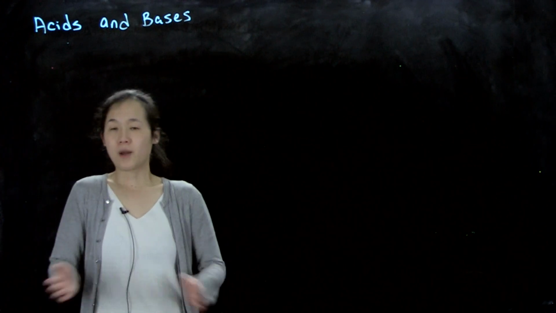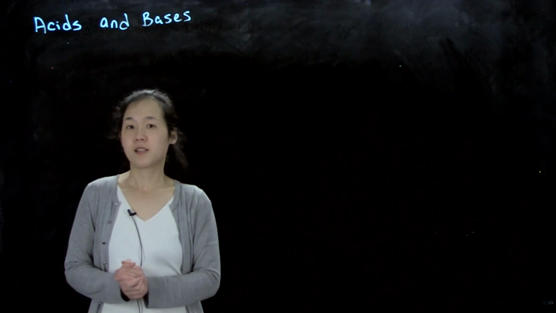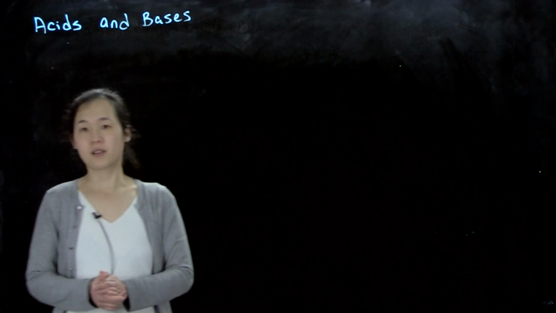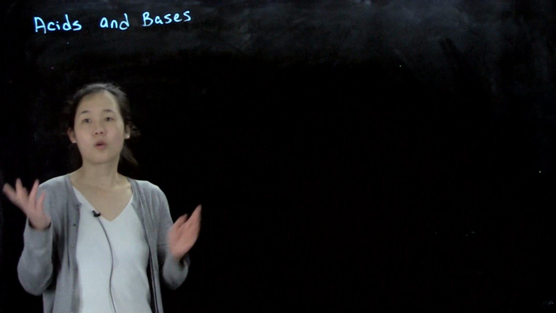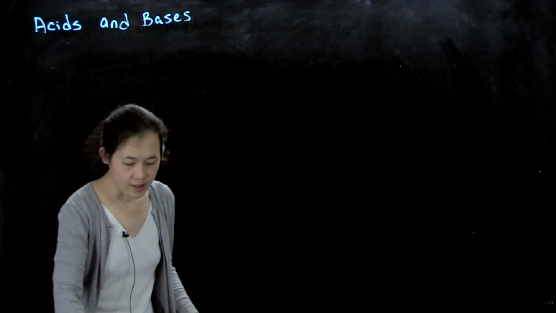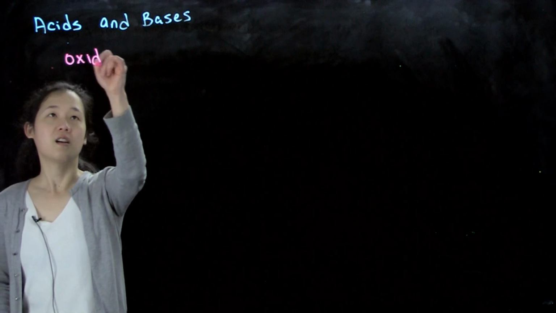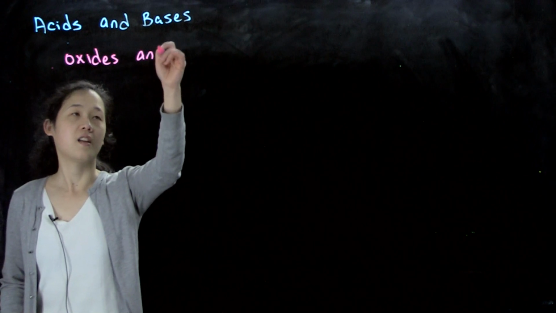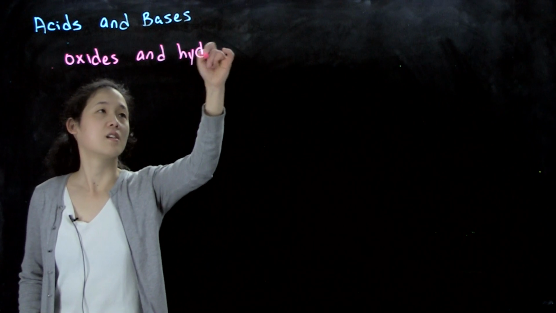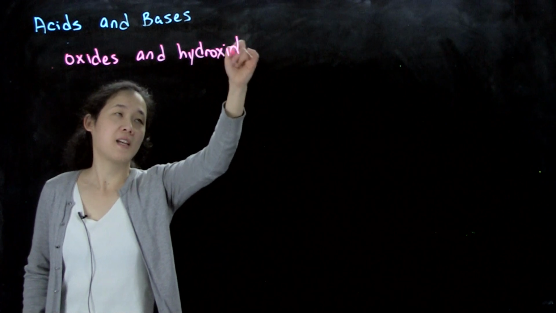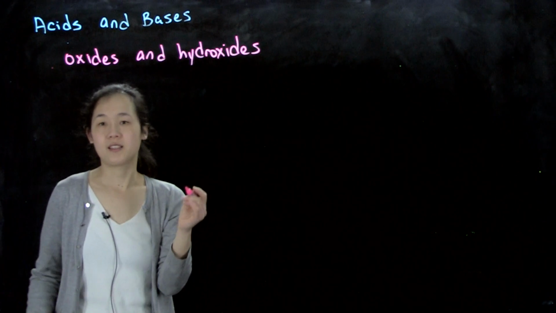Okay, so now that we know all about water and hydrogen bonding and dissolution, let's talk about what makes certain compounds acidic or basic. So let's first start off with oxides and hydroxides. The reason I'm grouping them together is because they are related in the sense that if